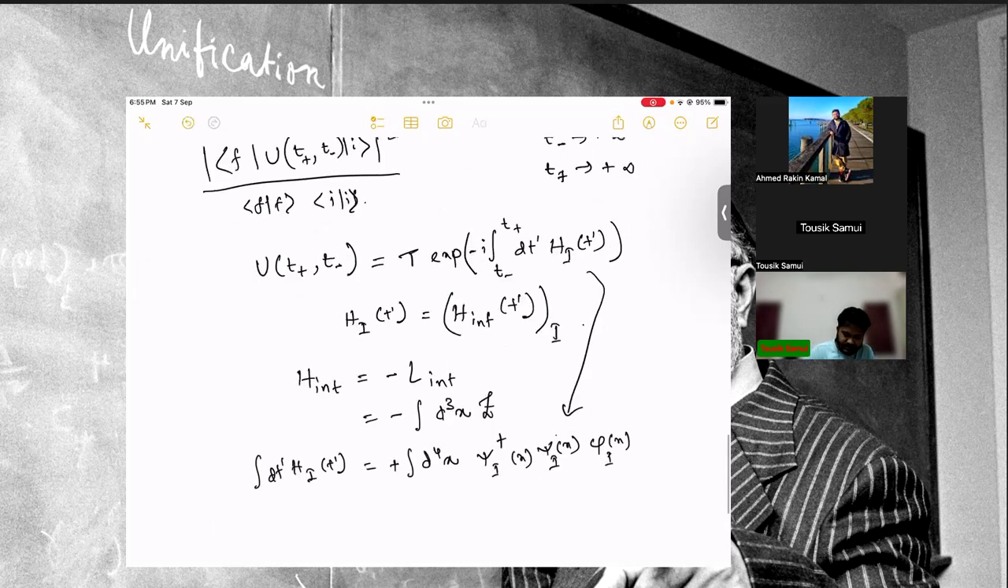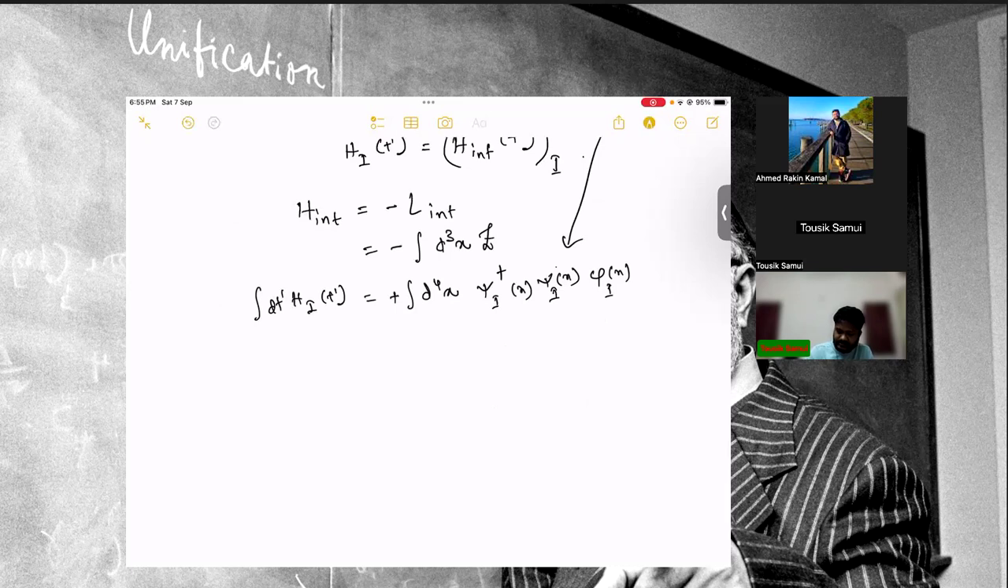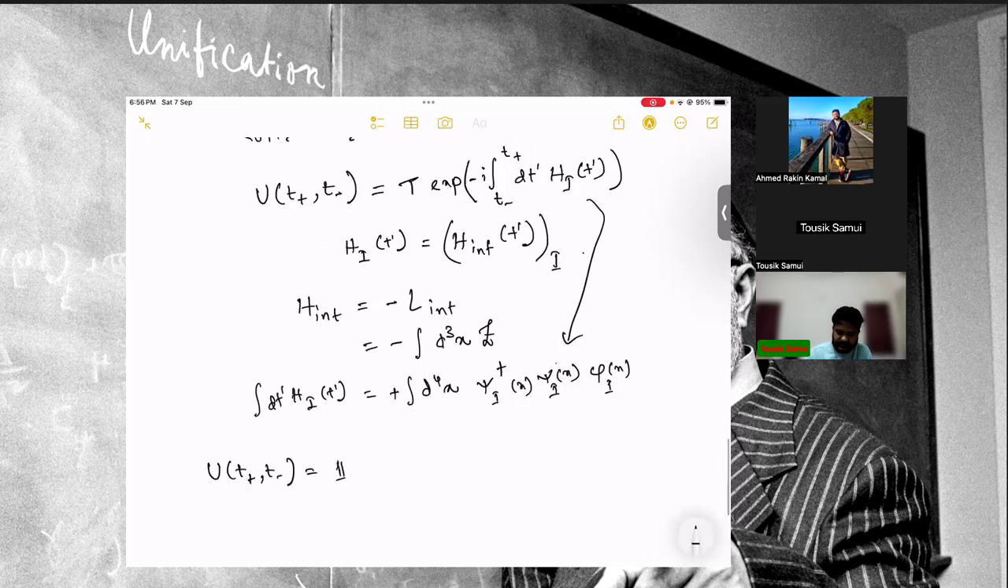Okay, so let me write the expression for t plus t minus. The first term is the identity. This is an exponential, and there is no meaning of time ordering here, so I'm not writing it. And then the second term would be iG, and then time ordering of the integration d^4x psi_I dagger(x)